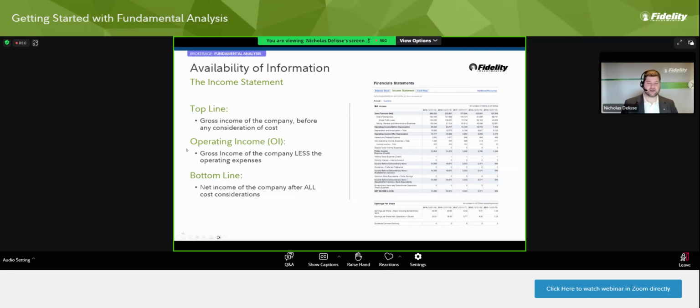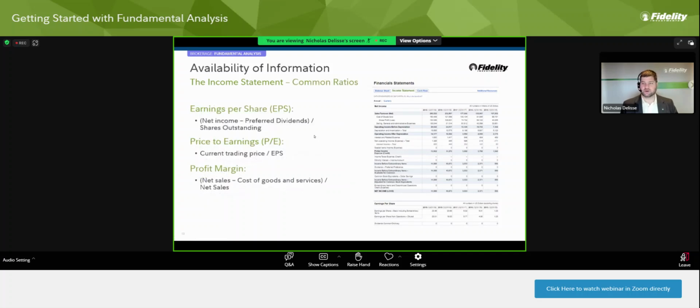We talked about operating income, that bottom line, that net income and such, dressing through. All this kind of comes down to earnings per share. Now, once we have things like earnings per share, if one company makes $10 a share, one company makes $1 a share, how can we then utilize that information?